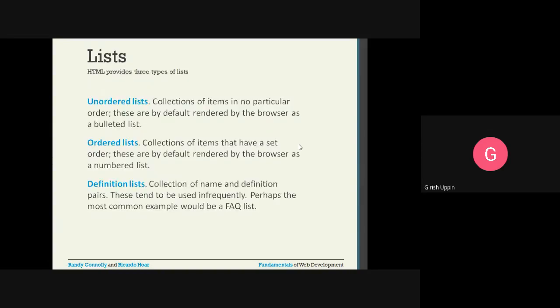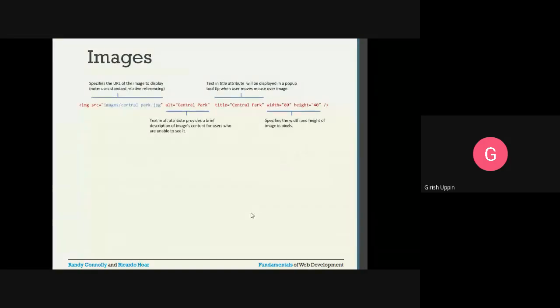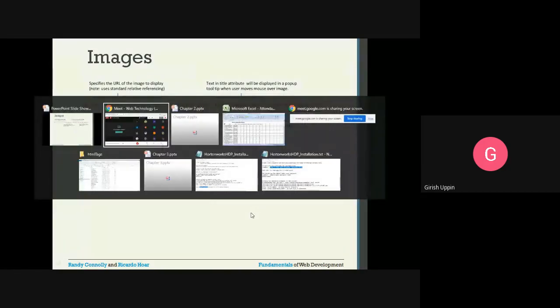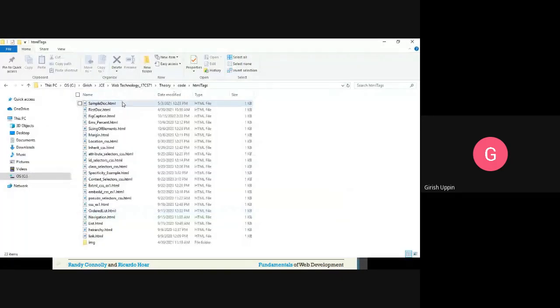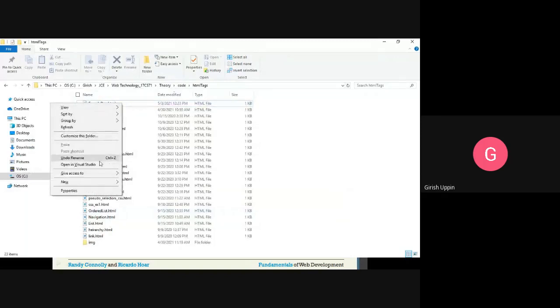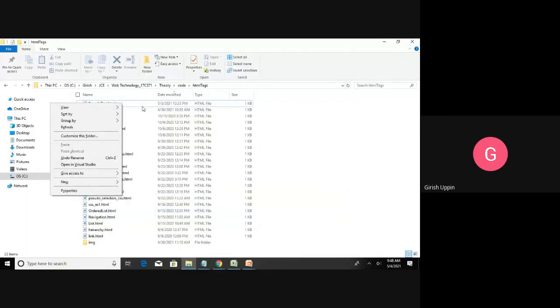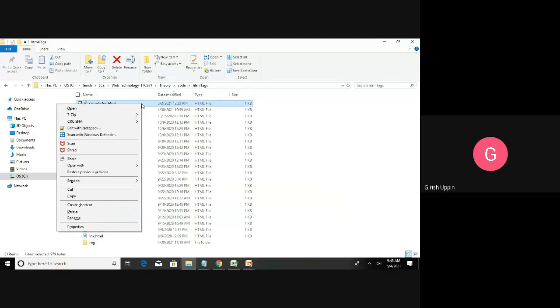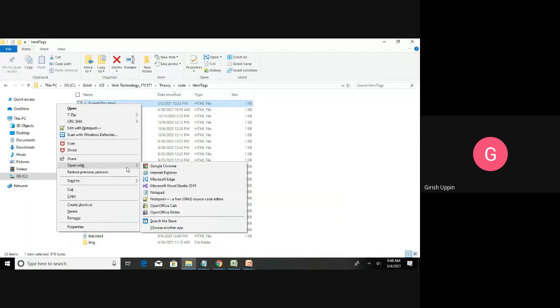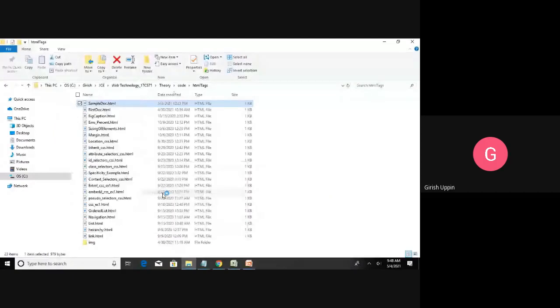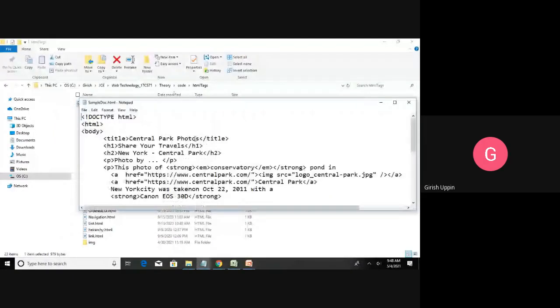Okay, if you want to see an example, we can do that. Already we have the sample doc, I will take that. In this, I have one image here.